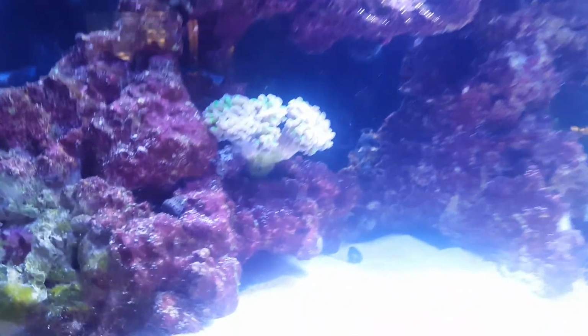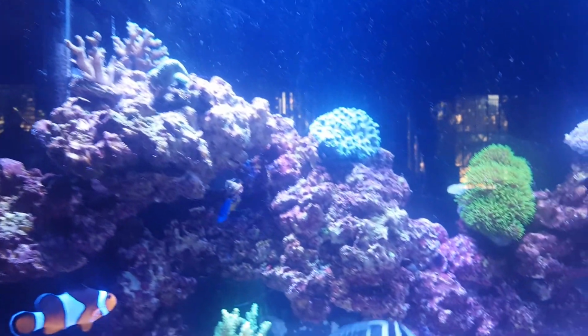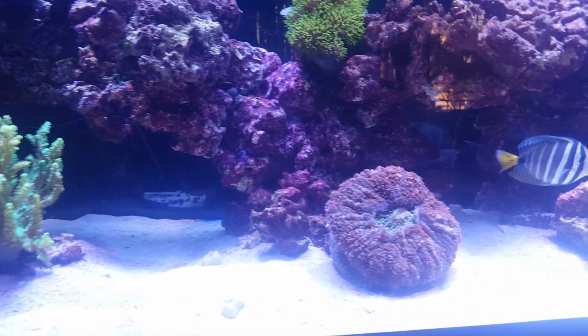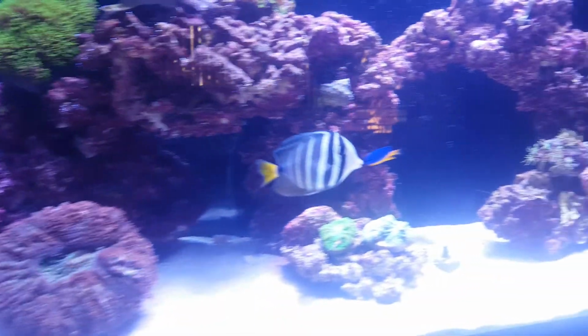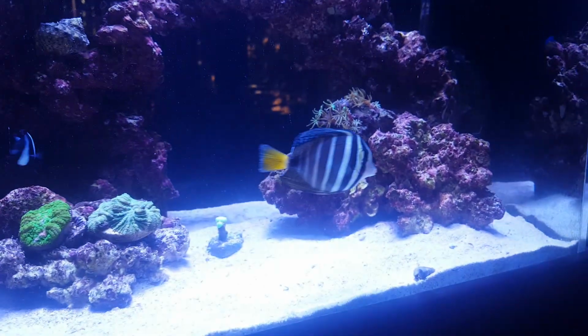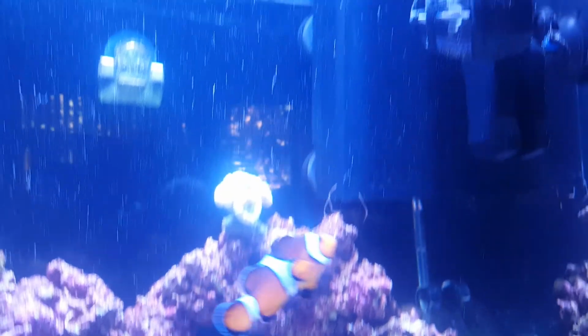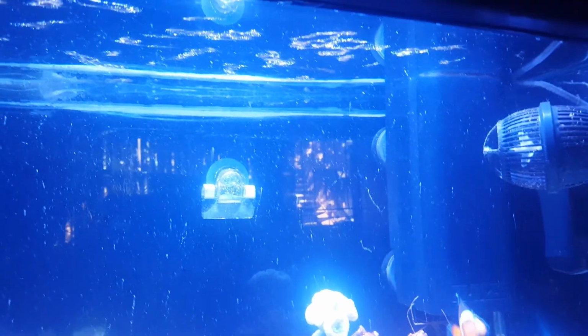Hey guys, so we've had a cyano red slime algae outbreak. Had a fish die. Don't really know where the fish is. So slowly been doing water changes, sucking off any excess that's growing on the sand. Trying to slow down feeding. Light production has not been reduced too much. That's going to be the next trick, but in the last couple days, been sucking off a lot of this